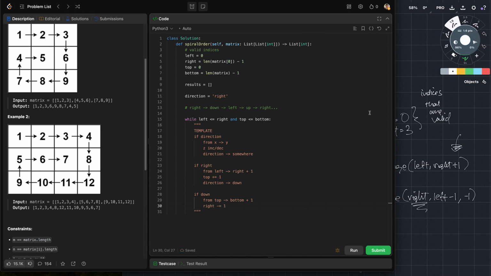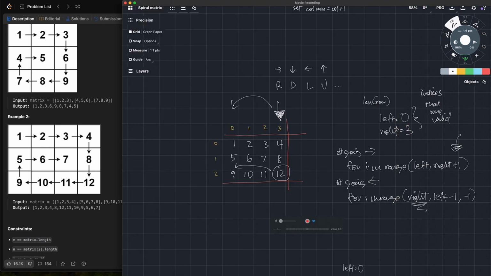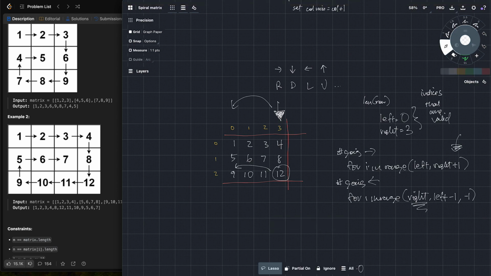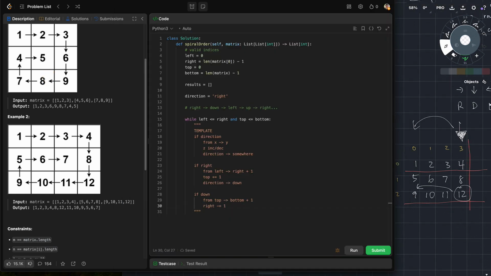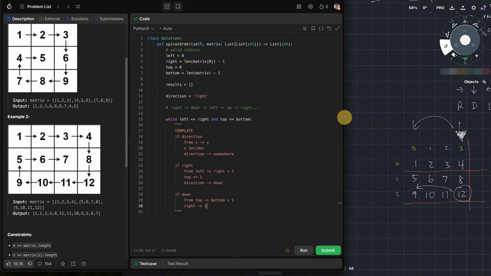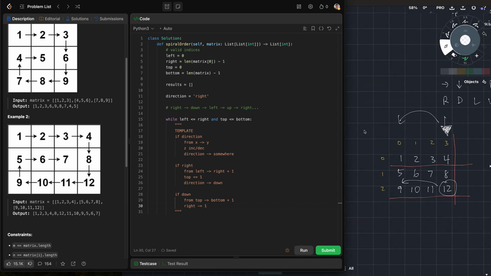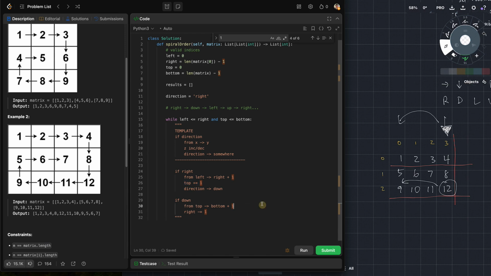So if I'm going right, I'm going to move the top wall down. Let's see if I can put this in the corner. Okay. So if I'm going right, I'm moving the top one down, right? So that's here, right? Top down. If I'm going down, I'm actually going to move the right wall closer, right? So the right wall will go that way,